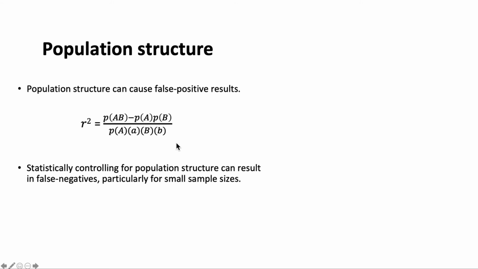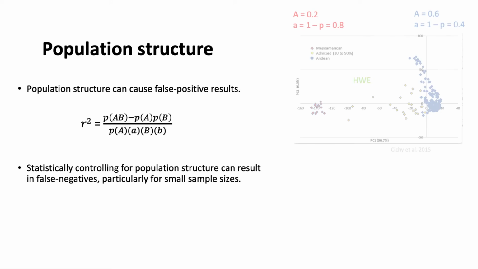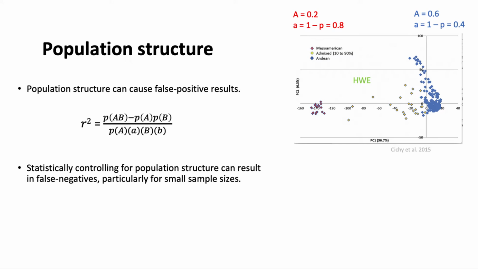So basically, if we don't take into account the population structure, we can find that one molecular marker is in LD with a QTL, but it's not going to be reliable. It's just going to be a false positive result, because we're putting together two subpopulations or gene pools that